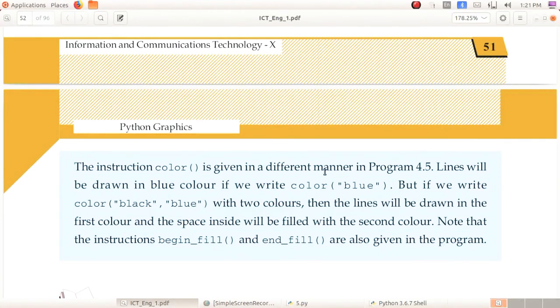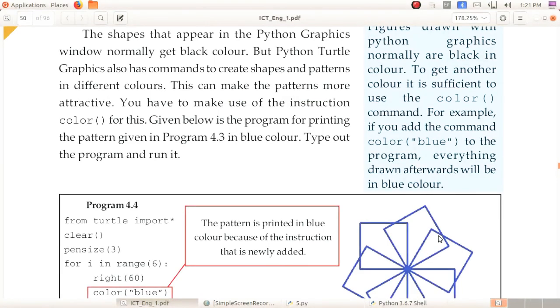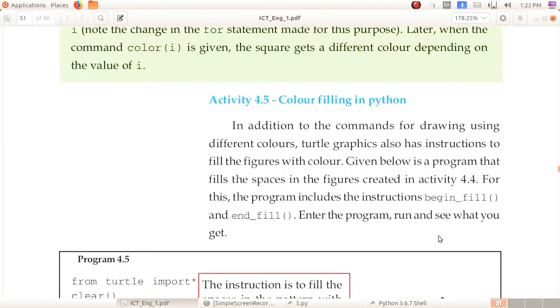So we can do it quickly. You have to write one-word questions and answers from this topic, and you have to read the textbook. You have to do the assignments from this portion. You have to write the code for drawing a triangle 6 times without coloring. No need of giving colors.